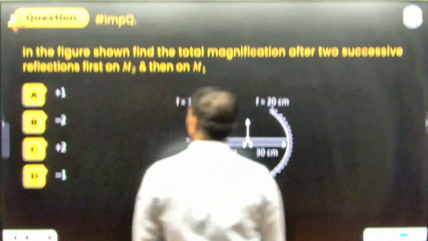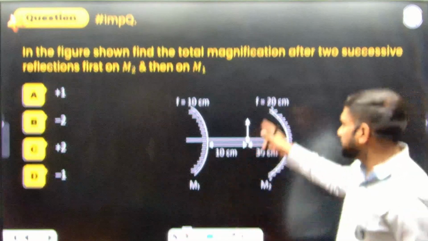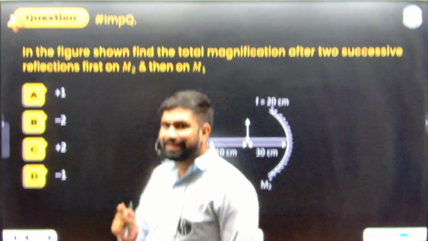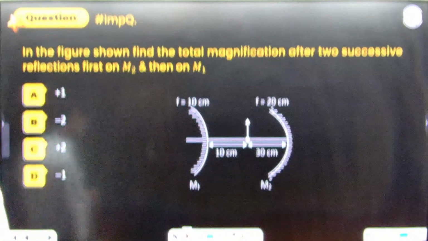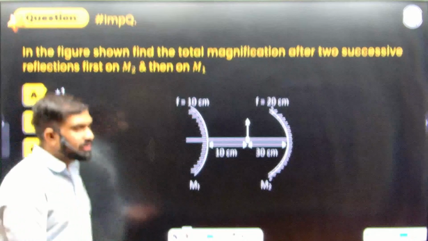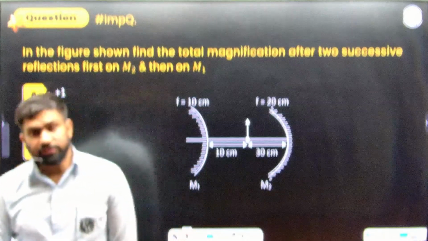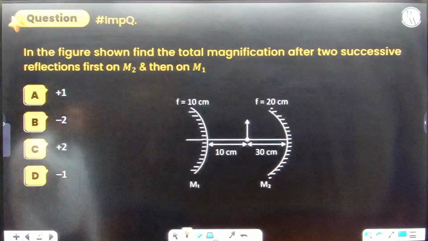First problem is, in the figure shown they have given me 2 mirrors. So NEET definitely asks problems on combinations of optical devices, like the lens and the mirror, the mirror and the lens, and the lens and the lens, obviously. First one is